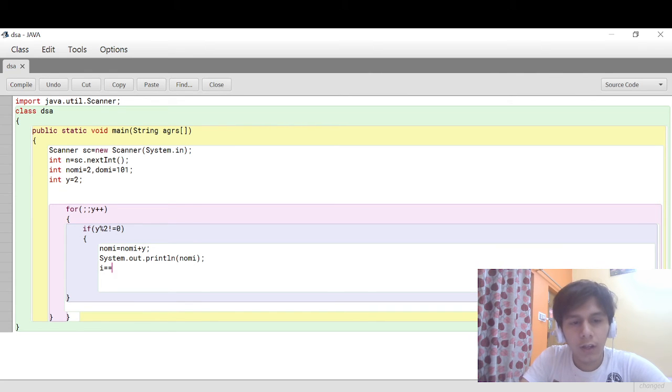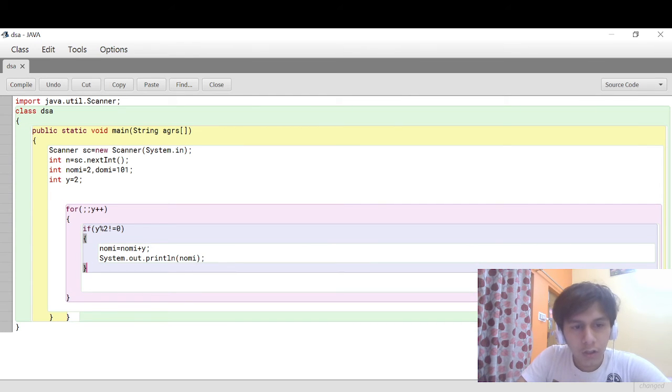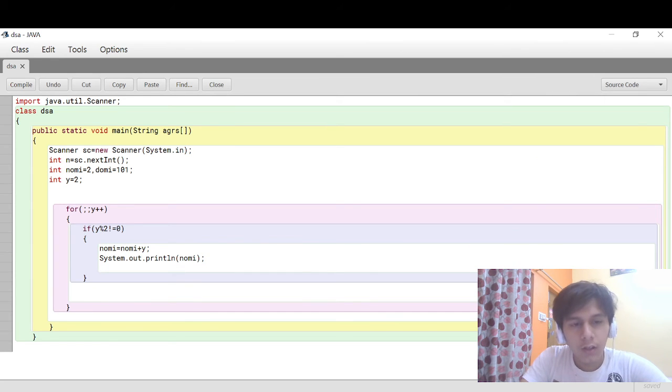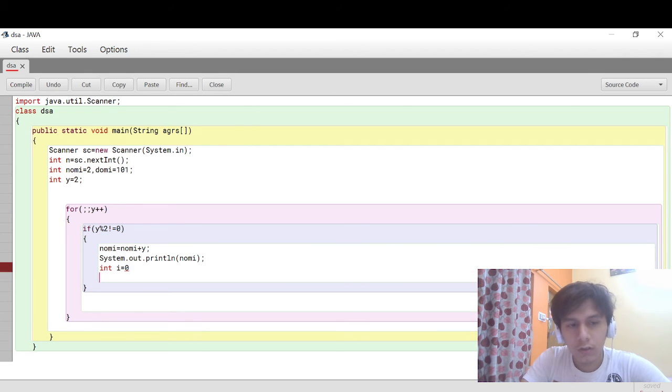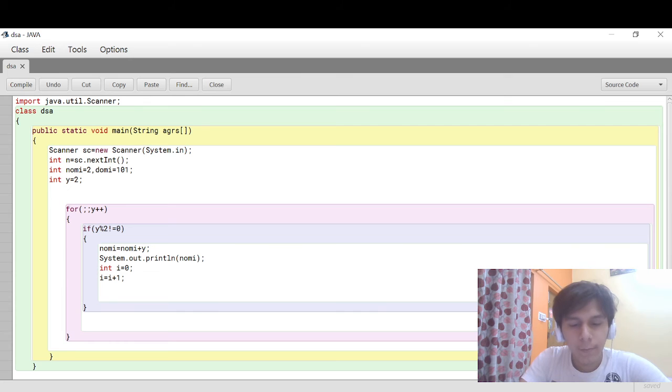I equals to, I'm removing the brackets. So I equals to 0, I equals to I plus 1, if I is greater than